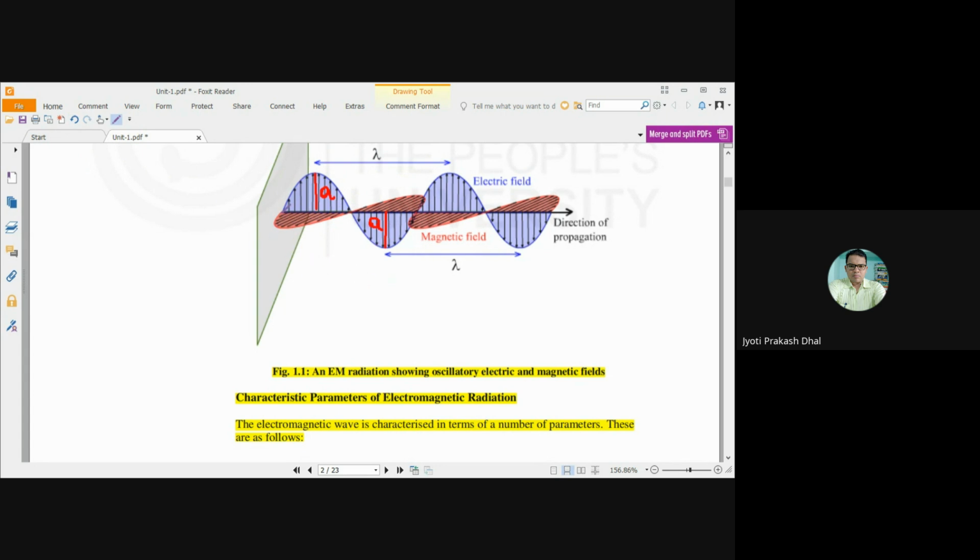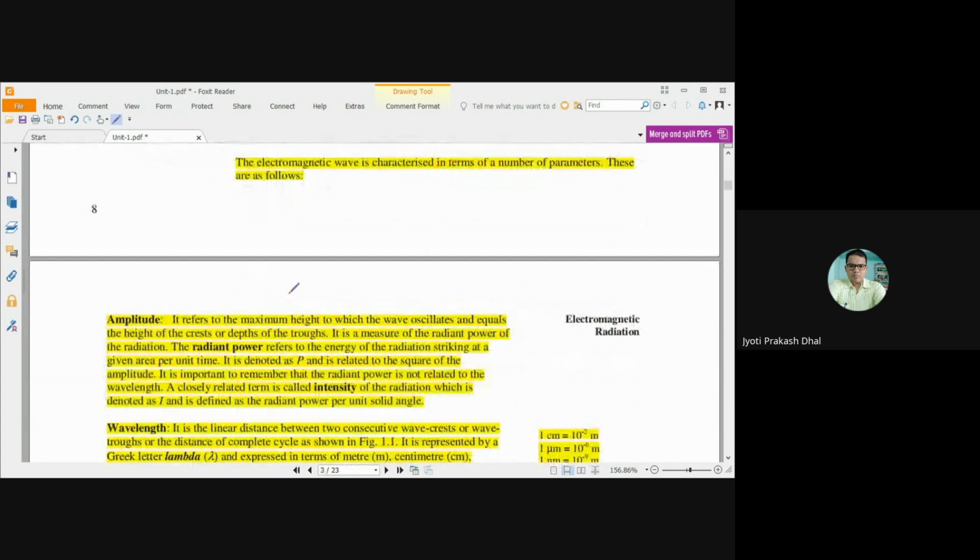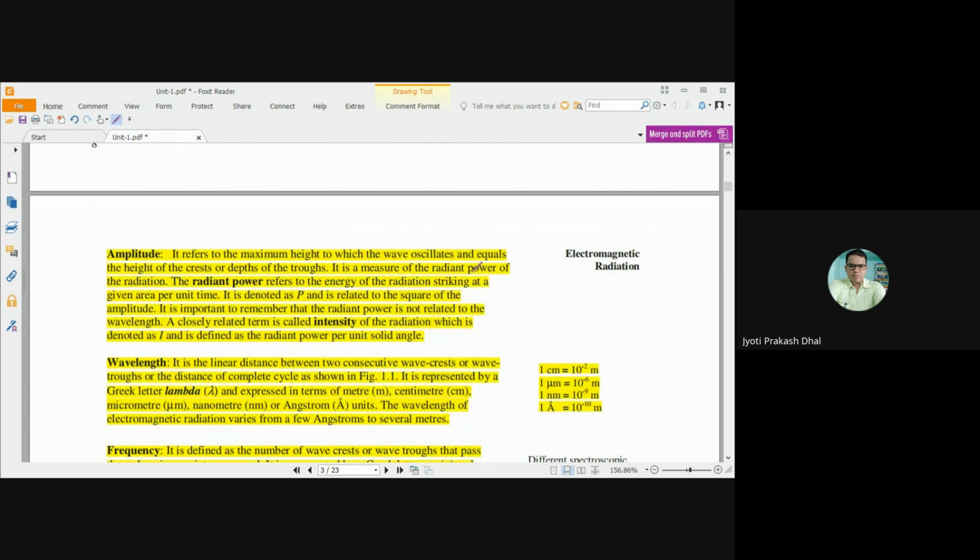For a complete wave, there will be a consecutive crest and trough. The height of the crest or depth of the trough is known as amplitude, and it is measured in the radiant power of the radiation. The radiant power refers to the energy of the radiation striking a given area per unit time. It is denoted as P and is related to the square of the amplitude. It is important to remember that the radiant power is not related to wavelength. So the radiant power is related to amplitude,